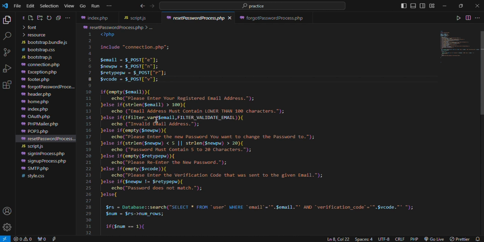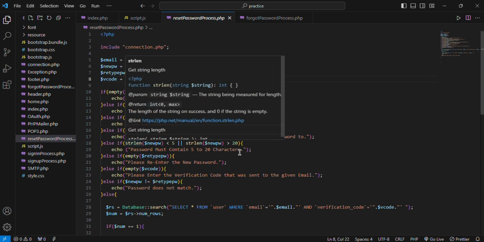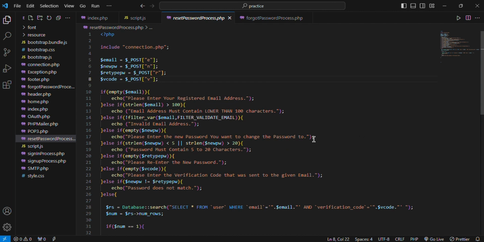check whether the length is below 100 and is in the right format, and check whether the new password is empty, and if it is empty, "please enter the new password you want to change the password to" is echoed, and likewise I have checked whether the verification code is empty, and below it you can see I have checked whether the new password entered and the retyped password are not equal, and if they aren't equal then to echo password does not match, but if